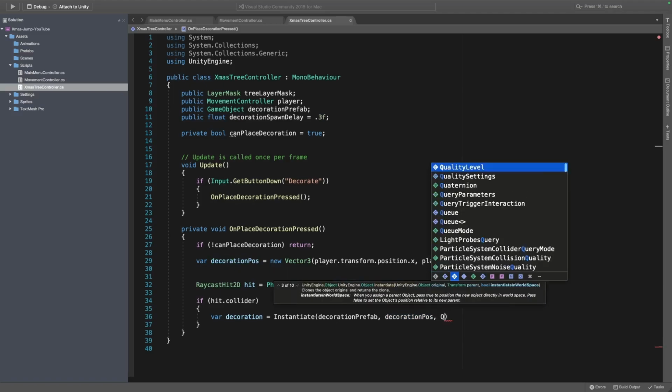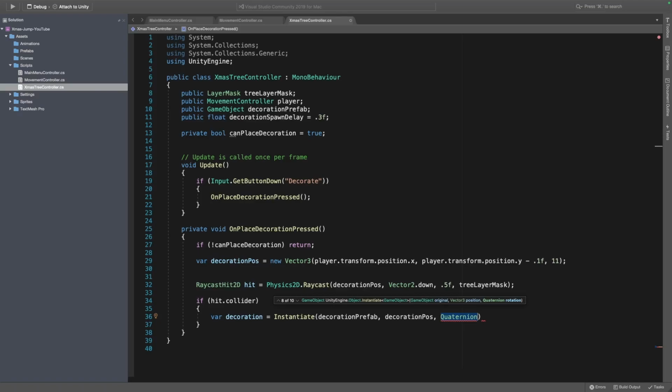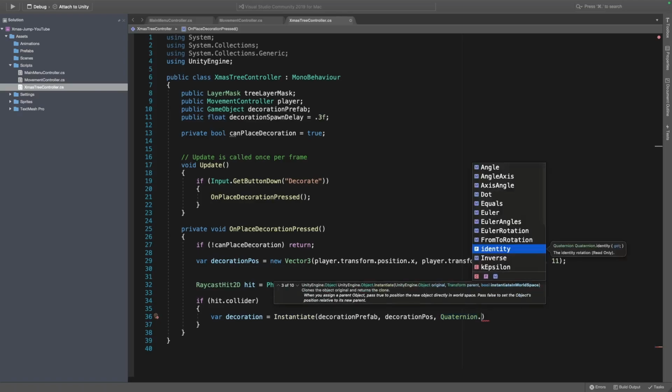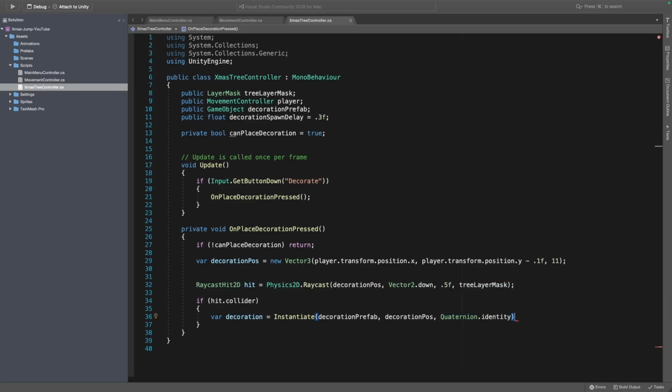and one more thing that we need to specify is quaternion. So it's like rotation, and we just say that it's identity, and in this case it will be just 0, 0, 0, right? So default rotation. Now when this is done, we also want to block the next spawning of the decoration, right? So we say that can place decoration false,